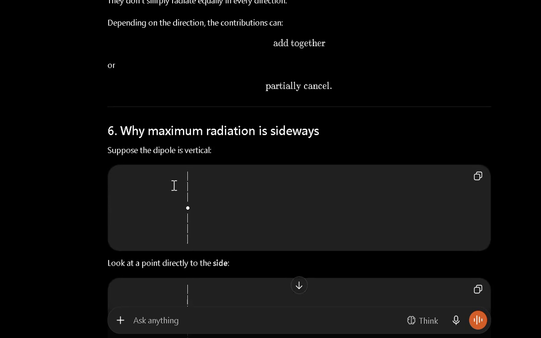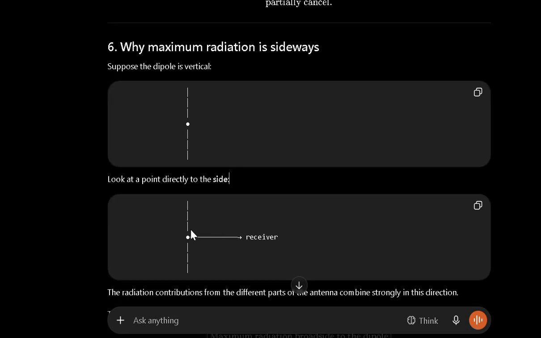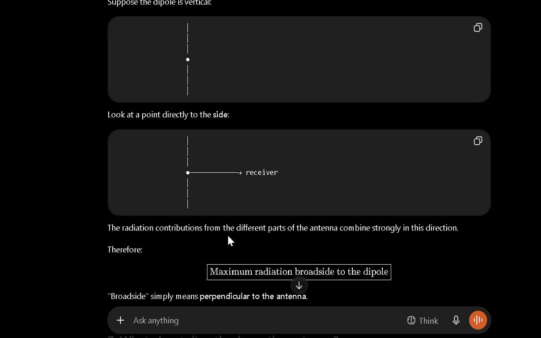Why is maximum radiation sideways? Suppose the dipole is vertical, so this is a vertical dipole antenna. Look at the top, directly to the side. This is the receiver. The radiation contribution from the